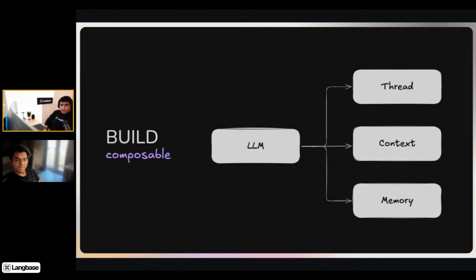And what your architecture ends up looking like is very much like this. You have an LLM, and that LLM is able to maintain a thread, a thread of conversations back and forth between you and other agents. Maybe it's a multi-agent architecture. And then it is able to manage its context layer. So it knows what is in that particular context, how it is